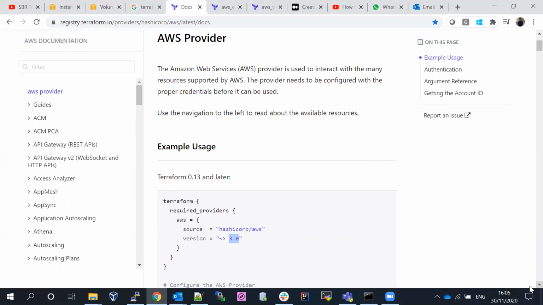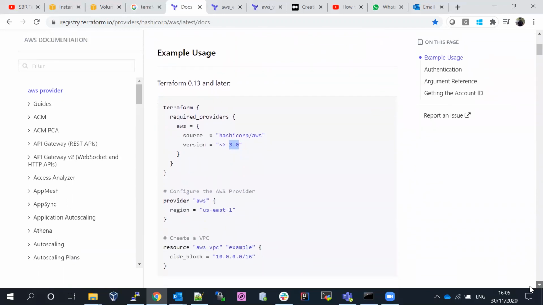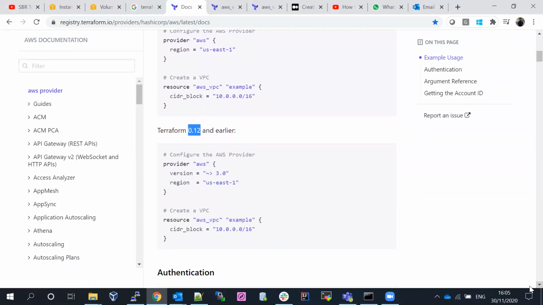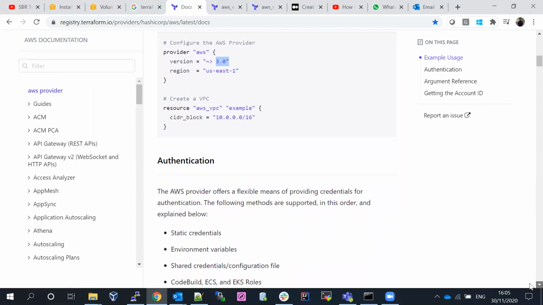Because they are updating the version from HashiCorp as well. Okay. If you can see provider, and these are all the stuff available. If you come to the 0.12 Terraform version, you can see the provider is still the same. If you scroll down below,